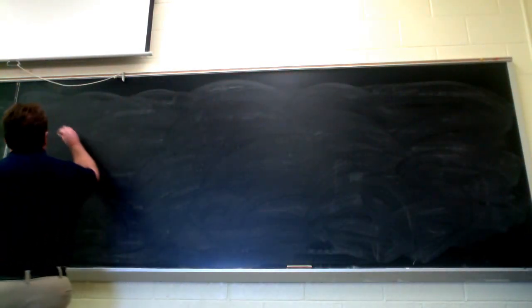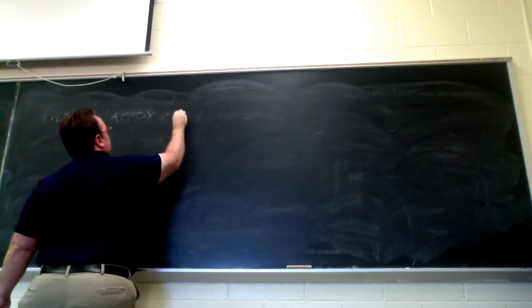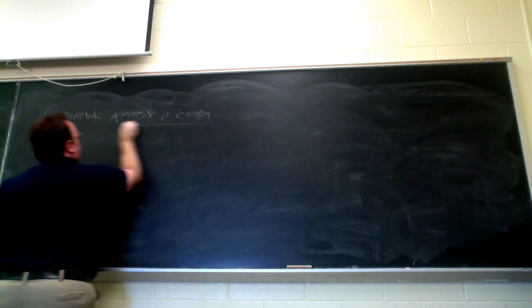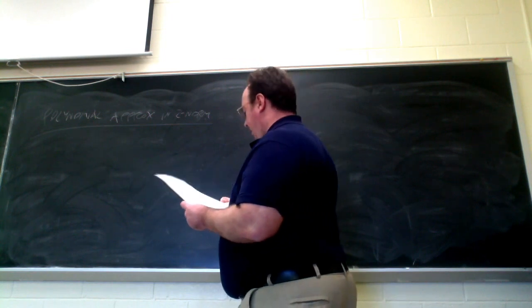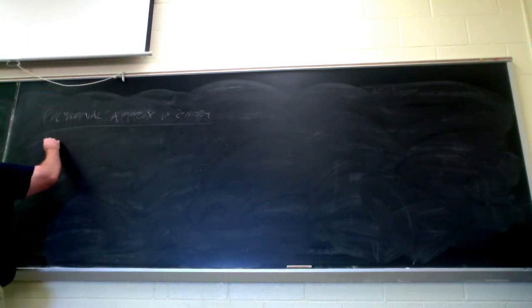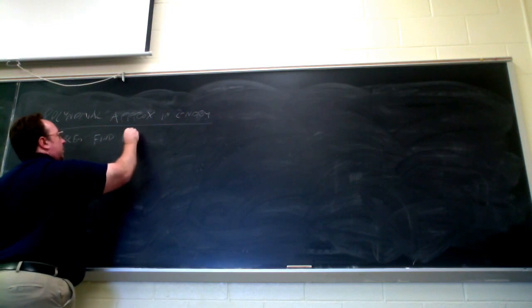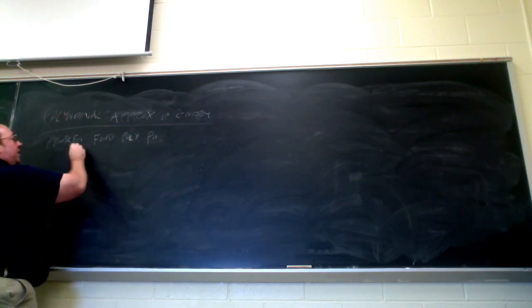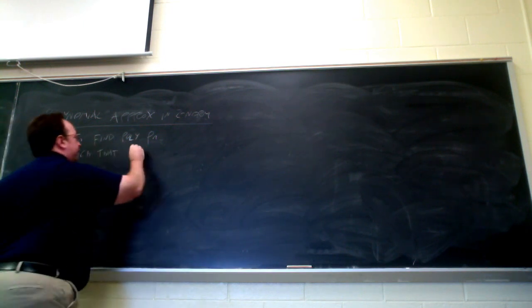Okay, so we're going to finish up polynomial approximation in the 2 norm. Now, just a quick recap. The problem that we're solving is: find a polynomial, p sub n, such that